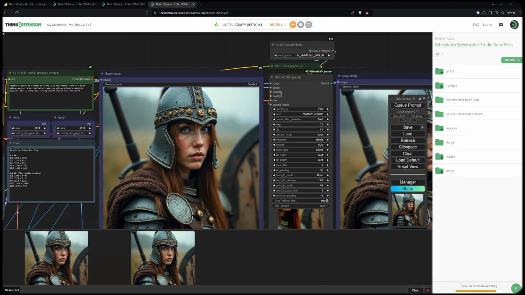I wouldn't be able to do that in Forge because I built a custom workflow to do that specifically in Comfy. So for a lot of special features, you can build the stuff yourself in Comfy. And that is why I love Comfy, but I also love Forge and Automatic 1111. It depends on what I want to do.